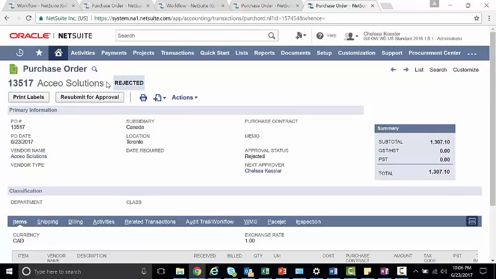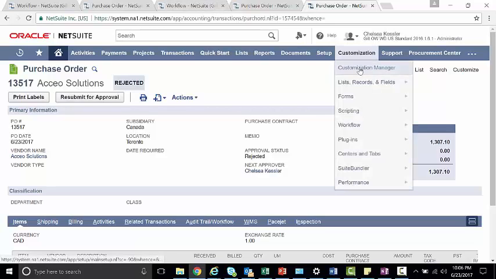So now when it is rejected, I myself, or the user I was logged in as, Alex, would go back in. I would have to make the changes I would need to based off whatever the manager has, and I would have to then resubmit it for approval, and it would go through the workflow process again, just like we had discussed. So again, just to kind of close things off,